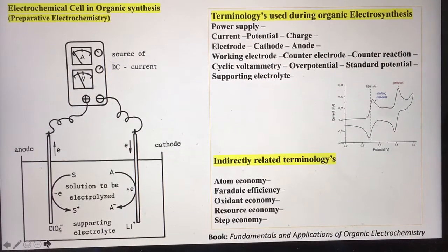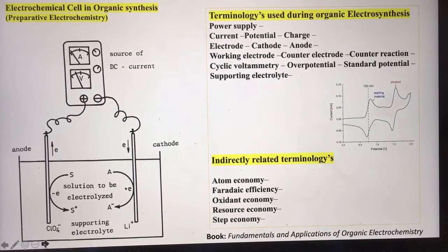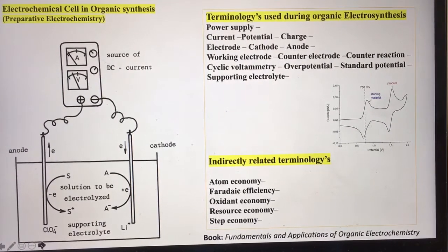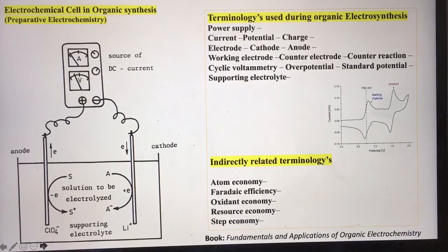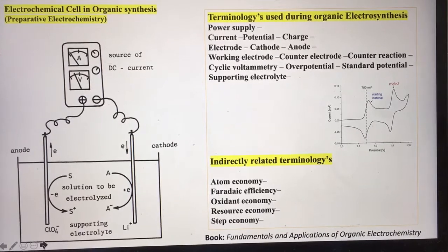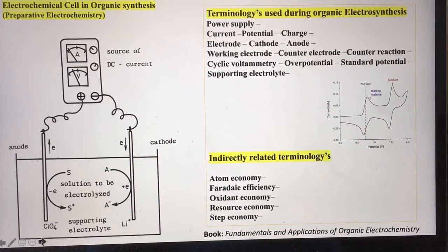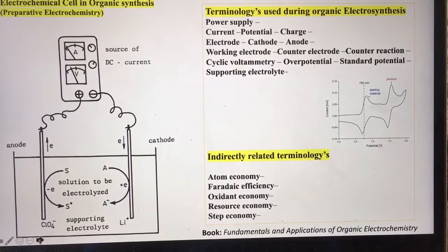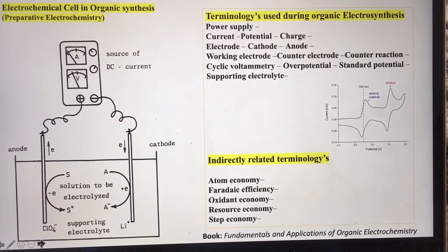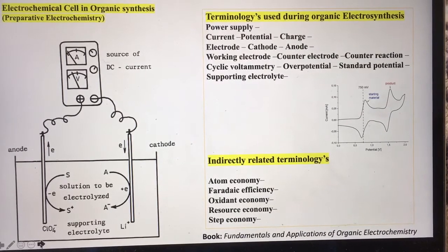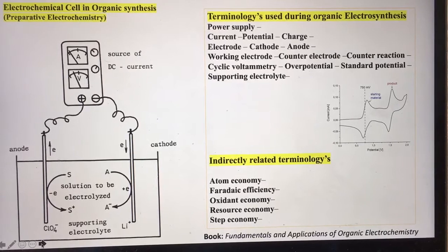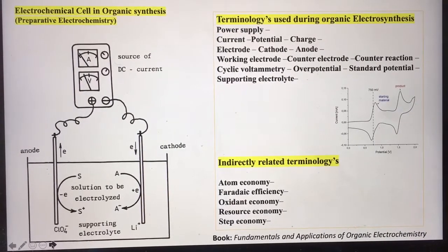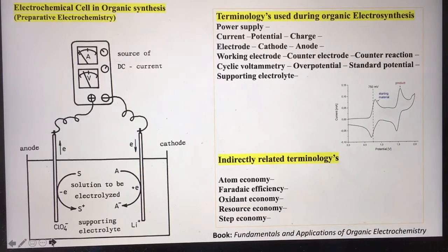Terminologies used during organic electrosynthesis: power supply, electricity a source; current, movement of electrons; potential, voltage difference between two electrodes, provides energy to move electrons; charge, current passed over time; electrode, conducting material that carries current into the reaction solution; cathode, reduction electrode; anode, oxidation electrode; working electrode, where the reaction of interest is happening;